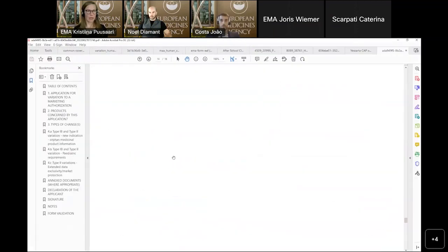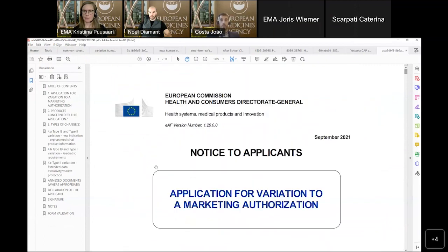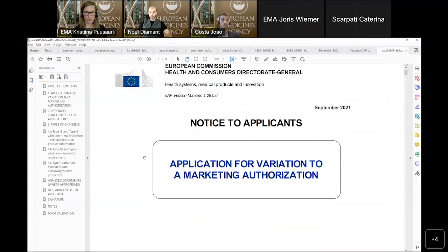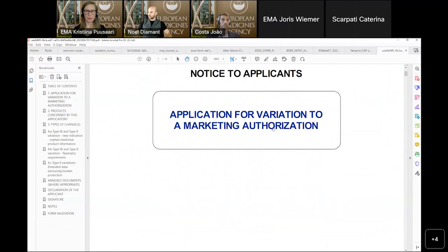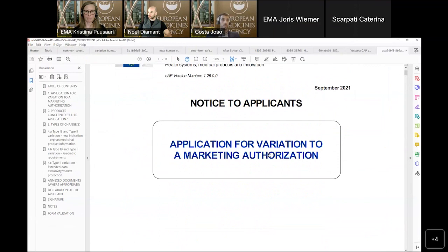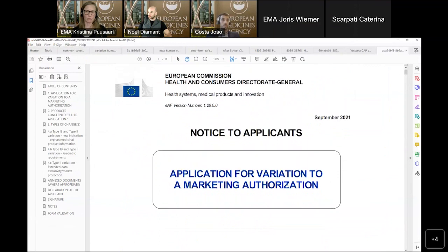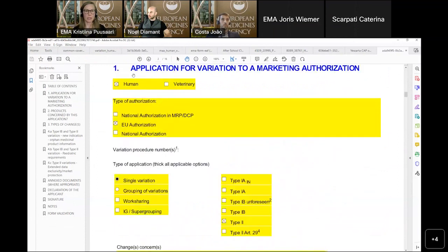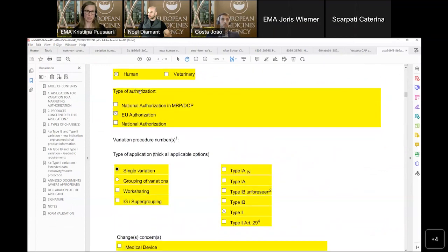So here is our PDF rendition, which has been generated. It has this familiar look and feel. There are still some minor issues with that. For example, the spelling is in an American format, so that will be aligned to reflect the NTA format. You can jump from section to section as before.